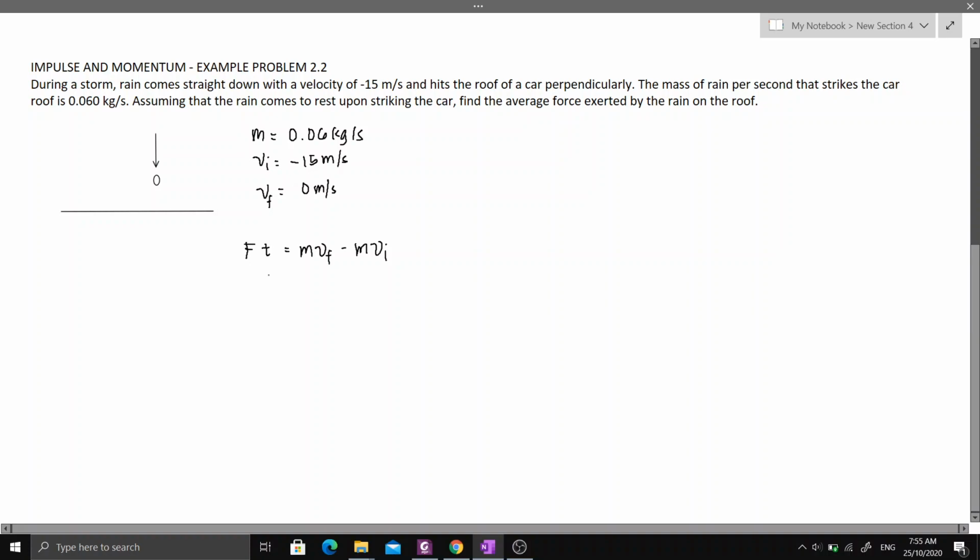So, we can write F is equal to the mass, which is equal to 0.06 kilogram per second times the final velocity, which is 0, minus again 0.06 kilogram per second times negative 15 meters per second. So, we will get